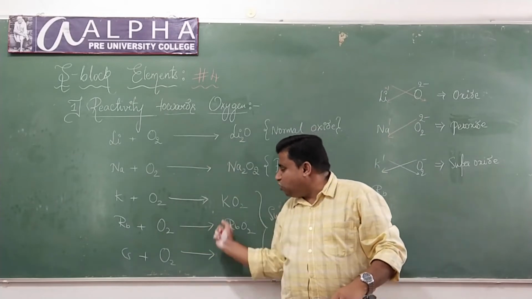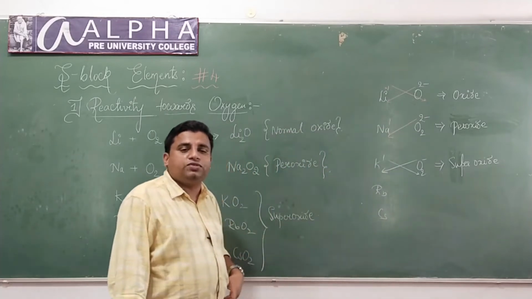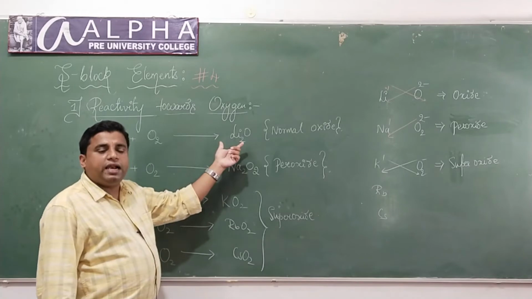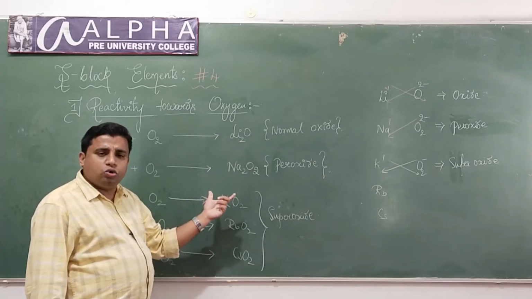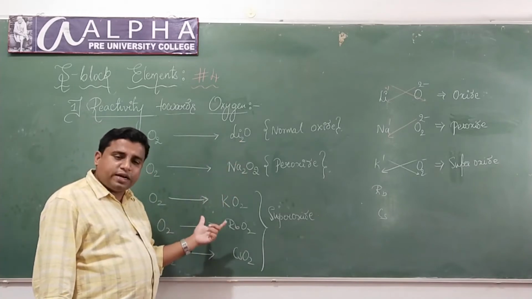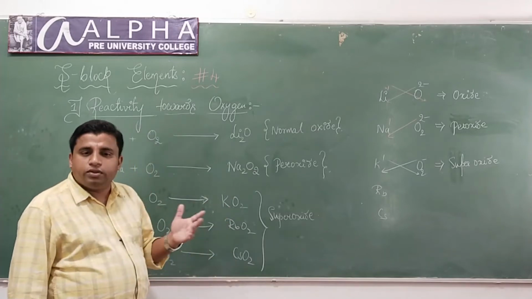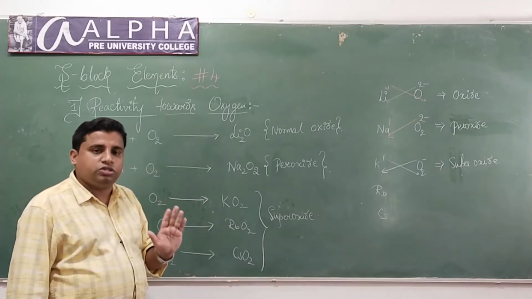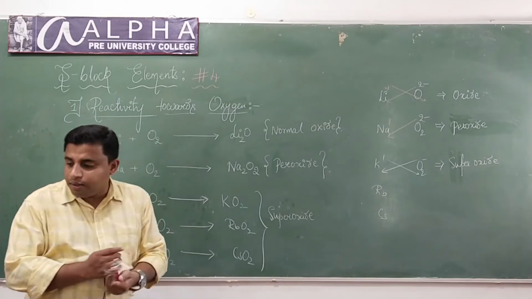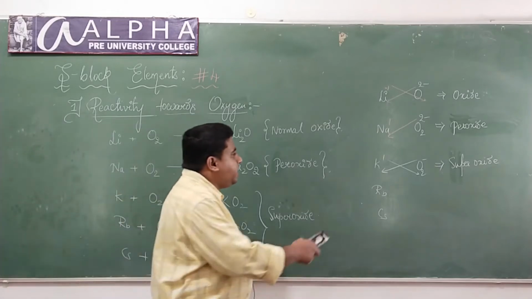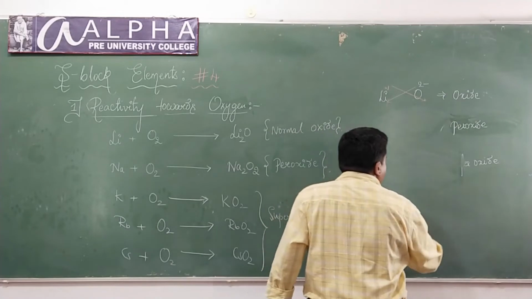You will get these formulas of various oxides. What is the formula for lithium oxide? Li2O. Sodium peroxide, Na2O2. The superoxides of potassium, rubidium, cesium: KO2, RbO2, CsO2. Okay, simple. Any doubts? No doubts. Okay, look,